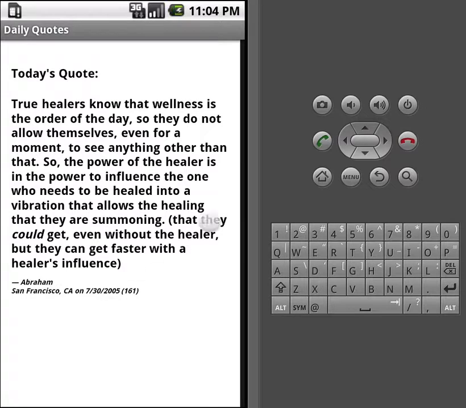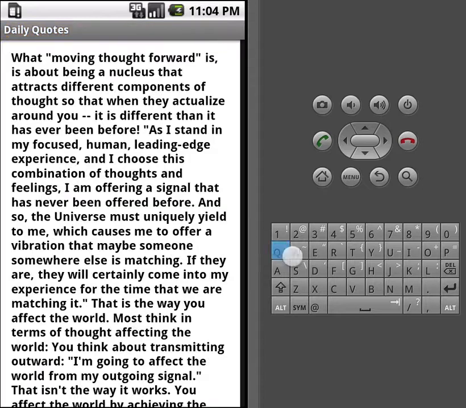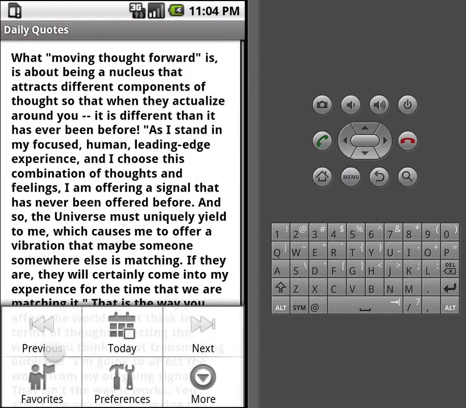In order to navigate through the quotes, you won't be able to get to the future quotes. We want those to be a surprise, but you will be able to view previous quotes all the way back to the first quote in the series. In order to do that, you can either swipe across the screen, or you can click the Android menu button and hit Previous or Next, or in order to get back to today's quote, there's always Today, which will take